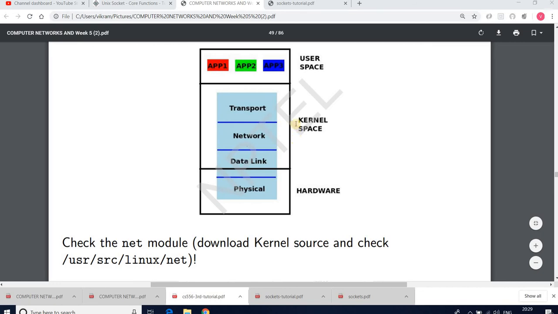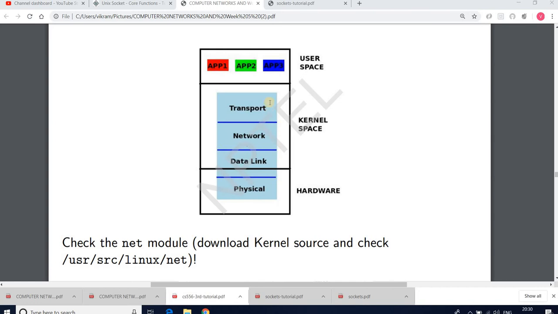Remember that we are talking about Unix based operating systems, and in Unix based operating systems, the interaction from user space to kernel space is done with a set of APIs which we call system calls.